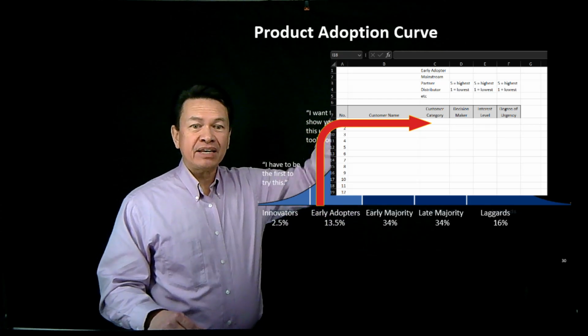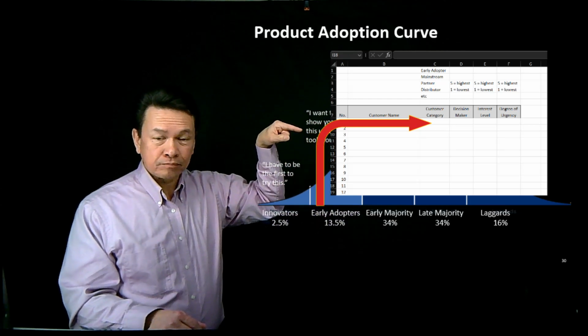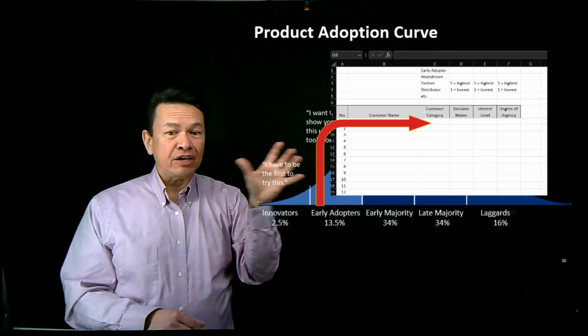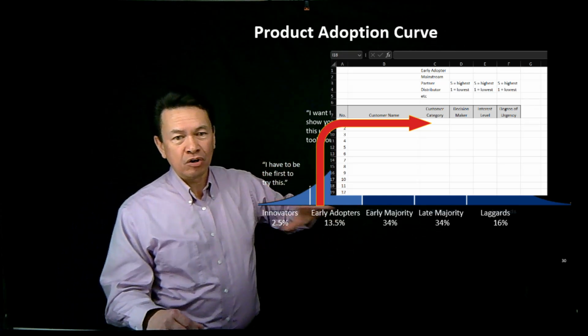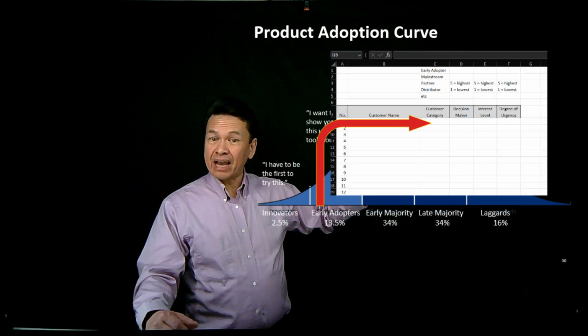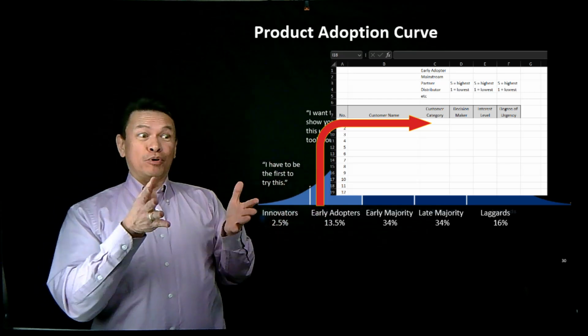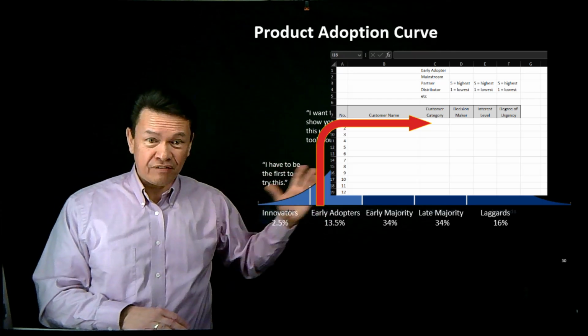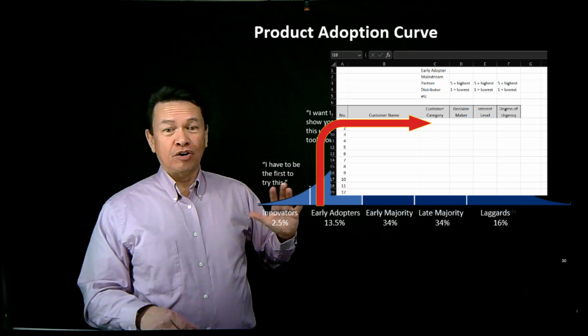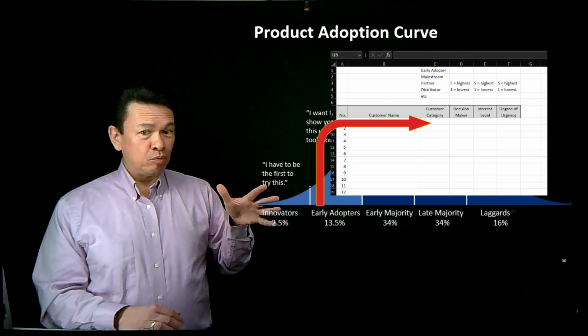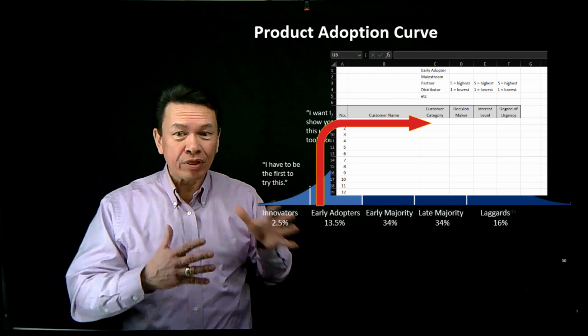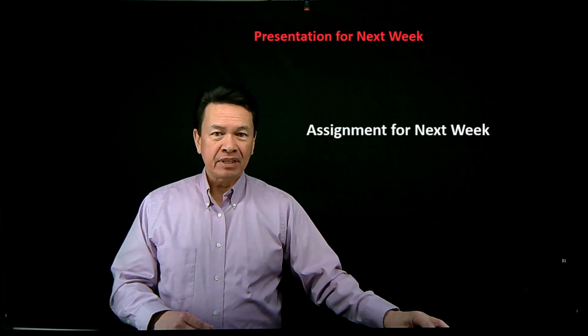As you're doing the customer discovery and you're talking to these people, put that down in the customer category side. Do you think they're an innovator or an early adopter? Or are they one of the early majority or late majority? Or are they a laggard, right? So just keep track of that when you're talking to them. It's like, no, this person was definitely a Justin. He's an innovator, early adopter. When I'm ready to go to market with my product or service, they're going to be one of the first people I call because I know that they're going to want to use my product, right? That's what we're doing there.